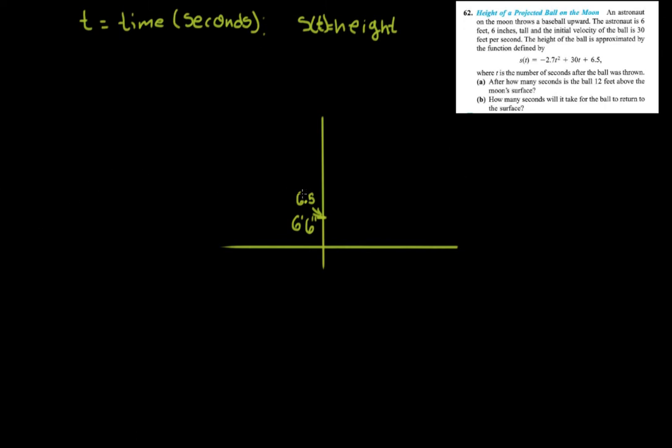he throws the ball, and remember, this is a parabola, this is a quadratic equation, right? I'm gonna draw something. This is not the actual graph, but I'm gonna draw something for you guys. This is pretty much how the graph will look like. I'm not saying this is the graph, this is how it will look like, right? So